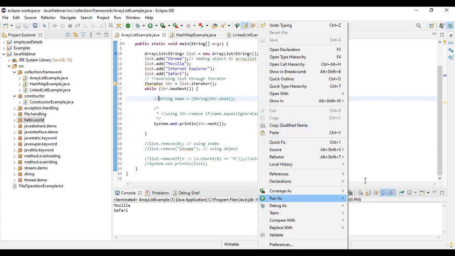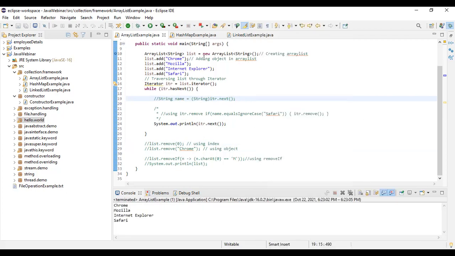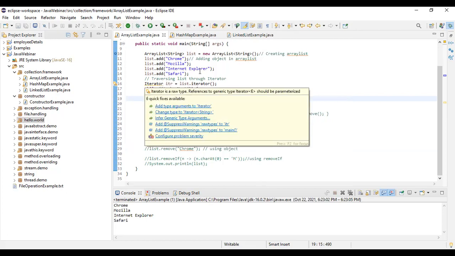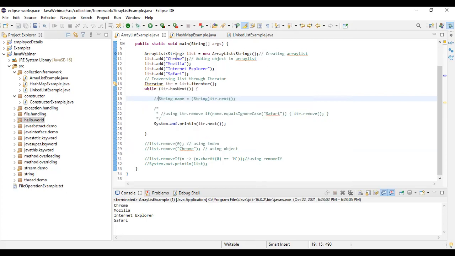Yeah, you're able to see the screen, right, and applications. See, now I have a list where I'm adding Chrome and these things. So I'm iterating that list. When I iterate, I want to just read the list here. Whatever items this list contains, I'm getting as output here: Chrome, Mozilla, Internet Explorer, Safari. These are the 4 things which I have added. I'm getting all 4.